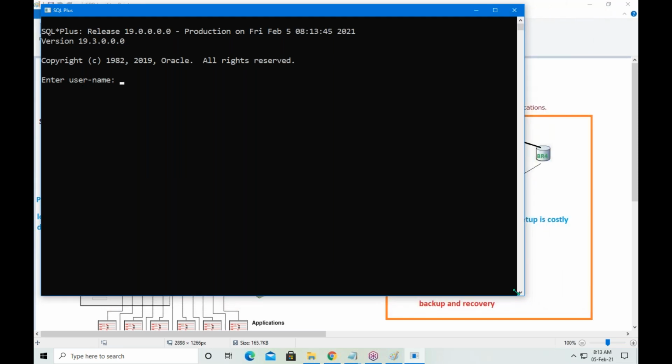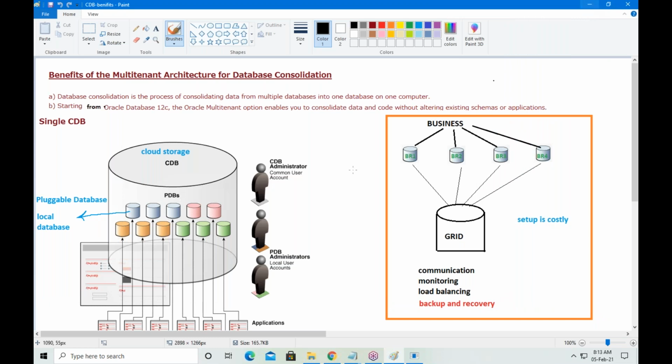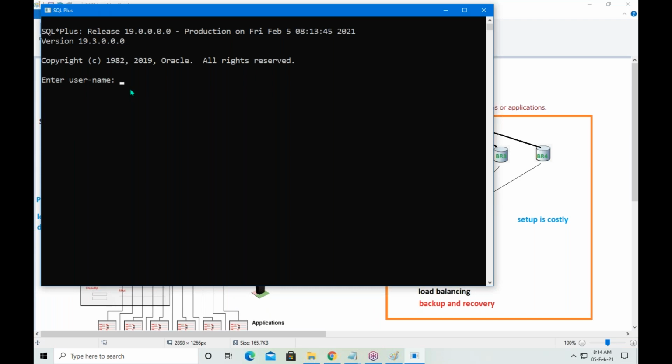First of all, we should connect as DBA. Why? In the case of a cloud database, first the CDB admin connects. Admin means DBA. The DBA connects to the common database, or container database, or cloud database. Here the username for DBA is system.